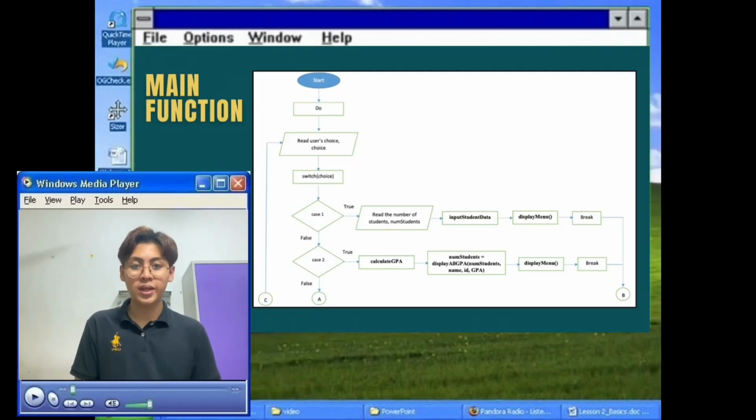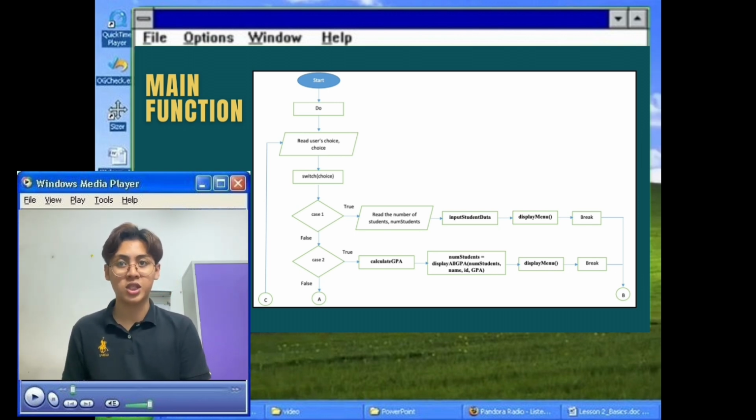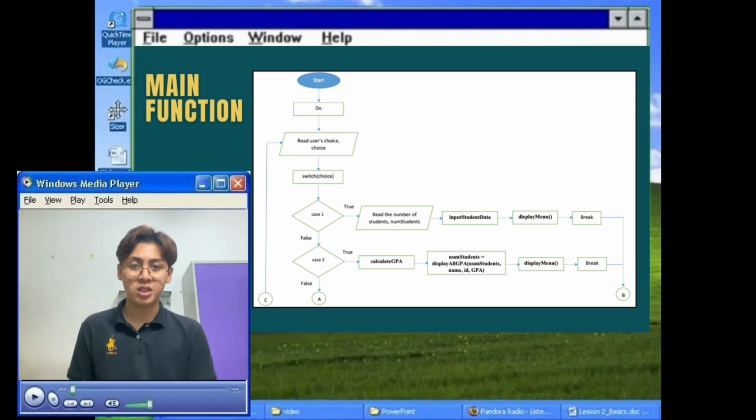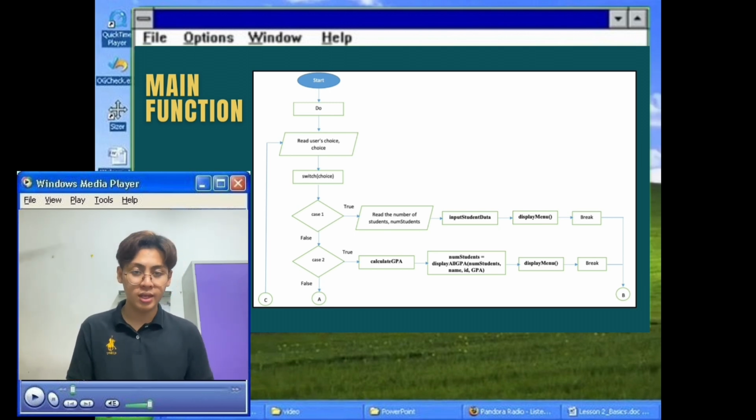Next, I will be explaining the flowchart for the main function of the program. First, the program will instruct the user to enter the choice and then it will enter the switch structure. Inside the switch structure, if the user enters number 1, it will instruct the user to enter the number of students. Next, the program will do a function call for the input student data function. And lastly, the program will do a function call for display menu and the break statement will be executed to